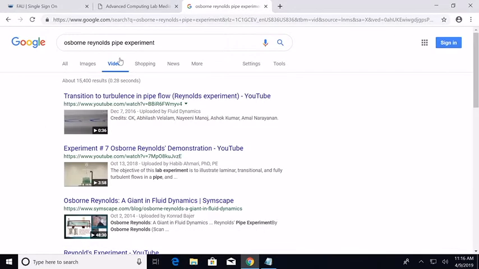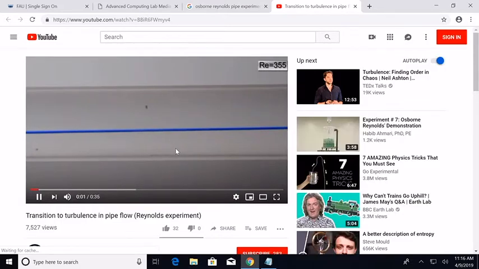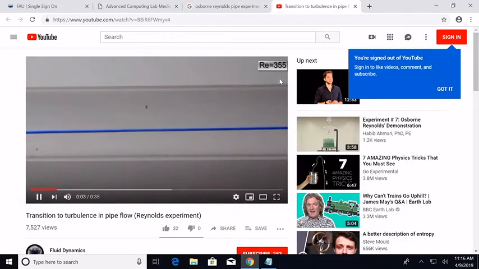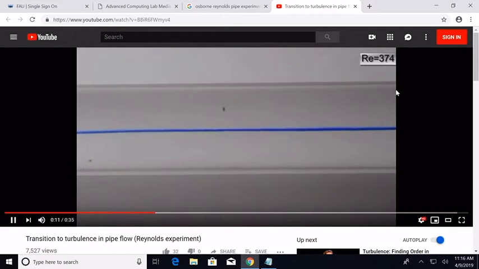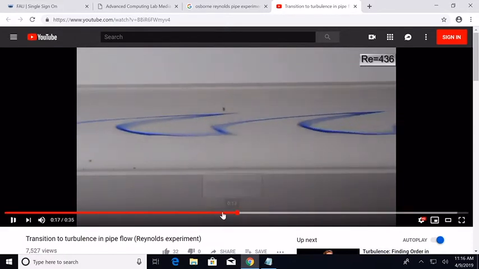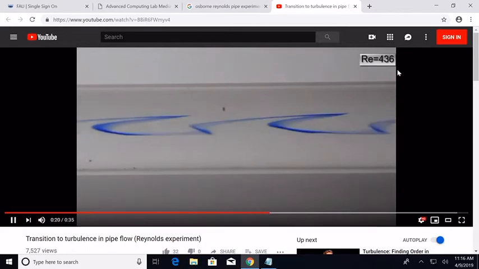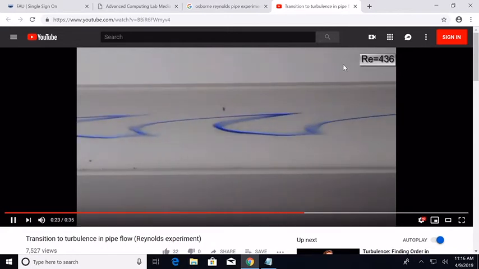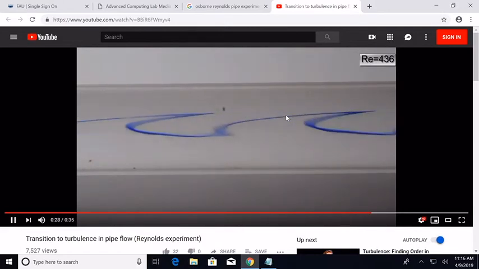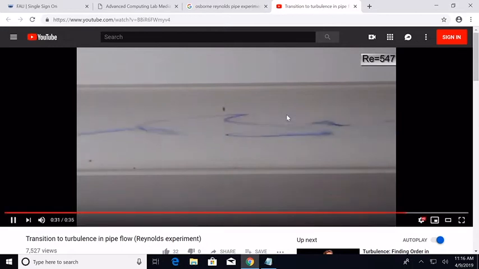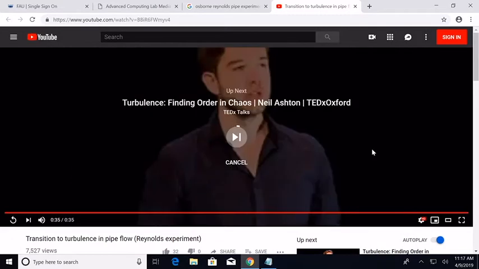Let's see if we can find it. All right. Okay, so Reynolds number is 355 right now. You see, this is actually in motion. So all right, something got disturbed. And see, as they pump up the injection velocity for the dye, now we see that even small perturbations start to grow. And they will grow very rapidly as the Reynolds number increases. Okay, so